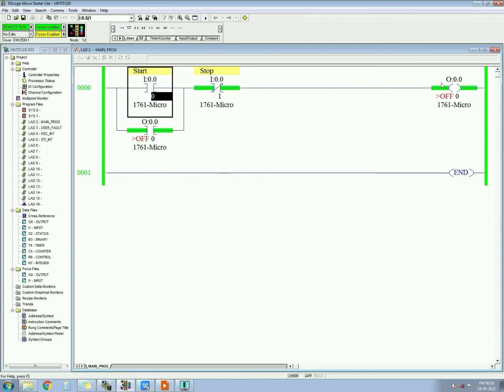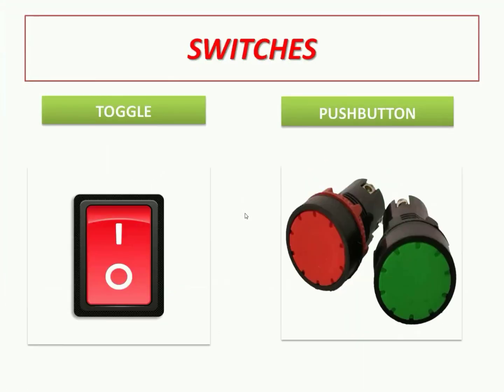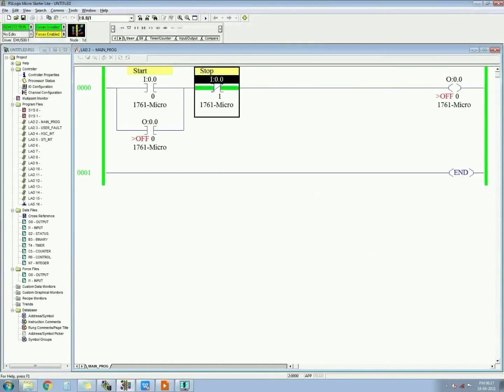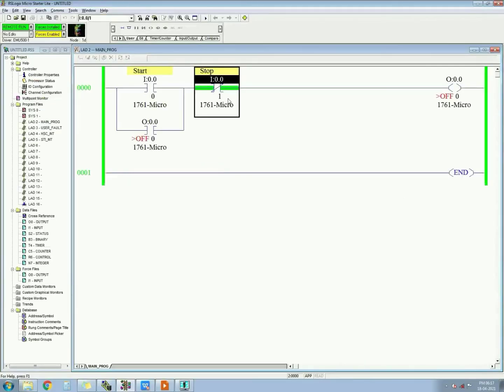And when you force on, force off, this output gets on. It means with the start, this output gets on. When you force on and force off this input also, because the stop you have to force on and force off, when you press this, output gets off. You can resemble it with this thing. This is a green push button. When you press this green push button and release it, this start gets on. When you press this red push button and release it, this stop gets on and off. Okay, with this the circuit is working. So this is a latching circuit. Now you understand how to latch and unlatch the output.